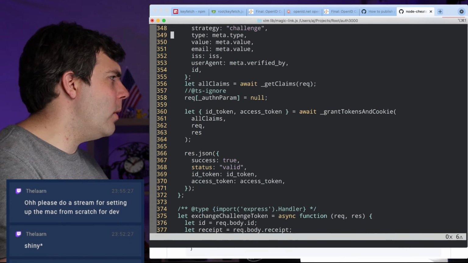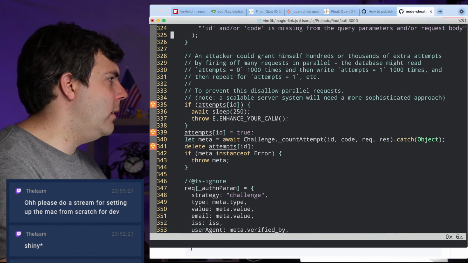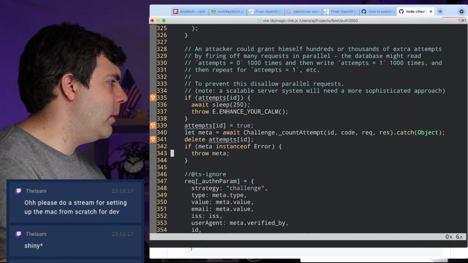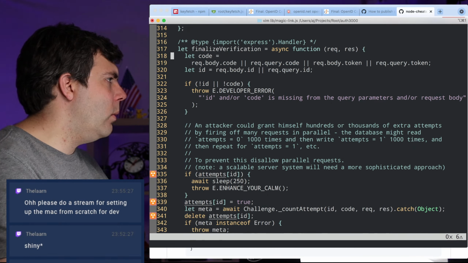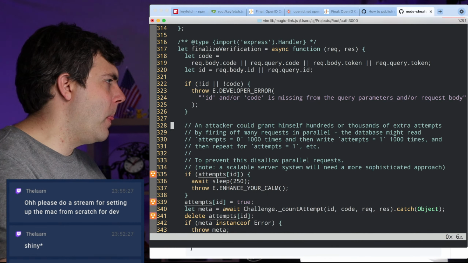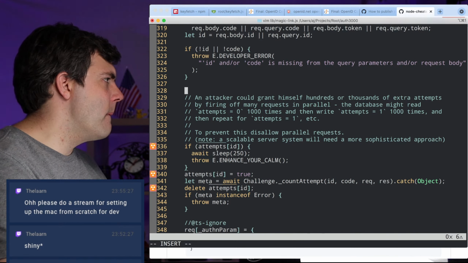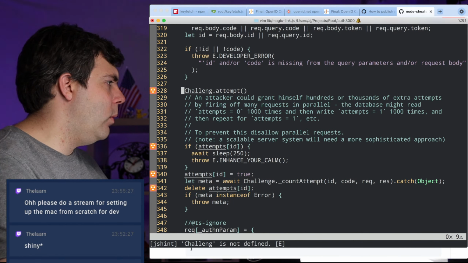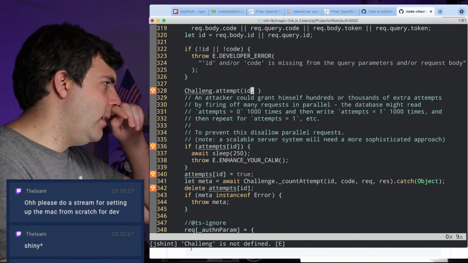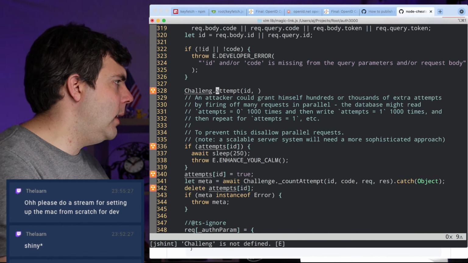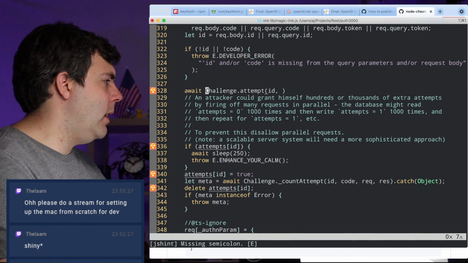Okay, what I'm doing right now is I'm just scrolling through to see where these error messages are going to appear. That's what I was looking for. So what do we actually have here? All right, so I want to challenge.attempt. And what is that going to mean? So what are we going to do? We're going to attempt ID, and this is going to have to be an async await type of deal, it looks like.